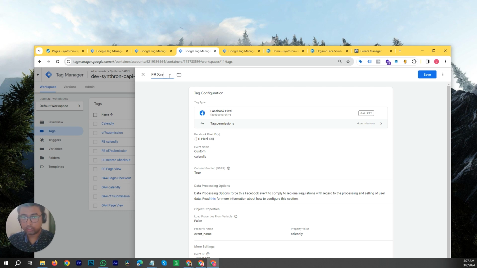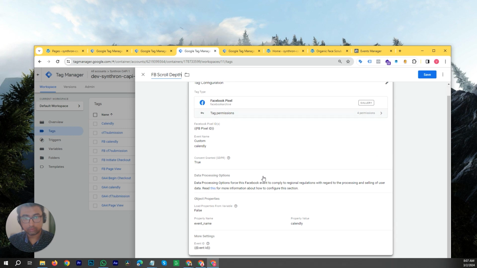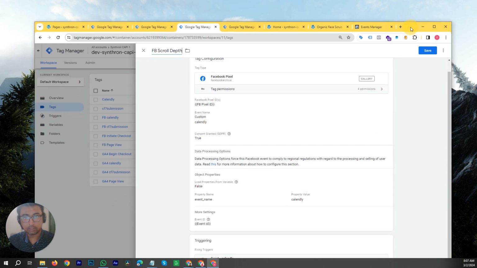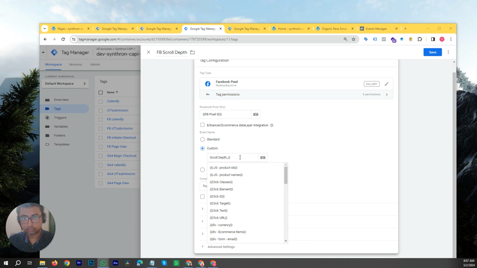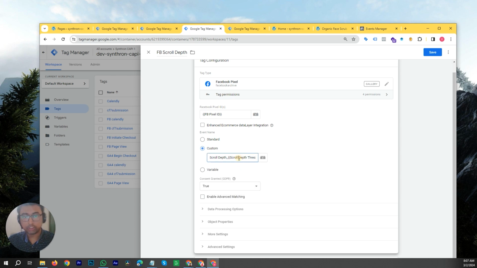And we can call this event scroll depth. So how to get the event name? We can call it scroll depth, and after that we're going to put in the scroll depth threshold. So if we put in the variable after the name,